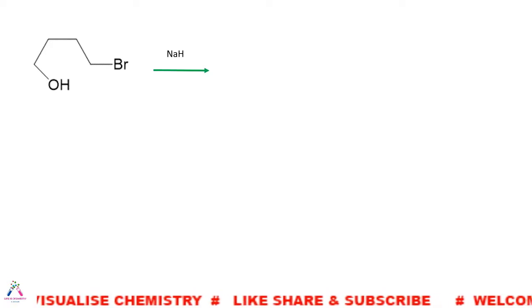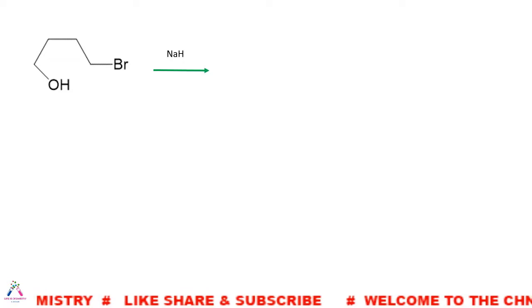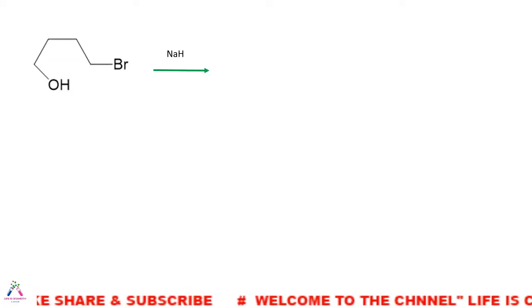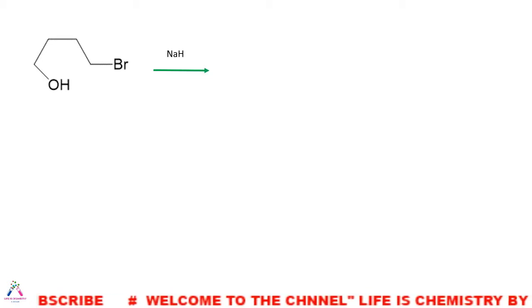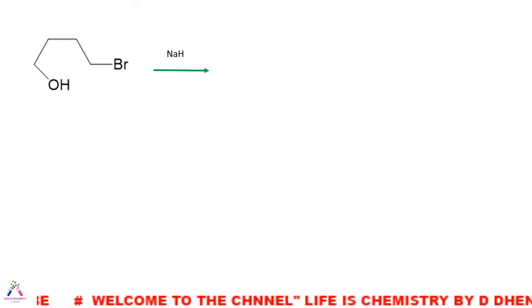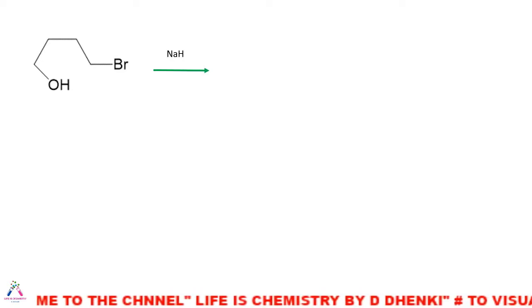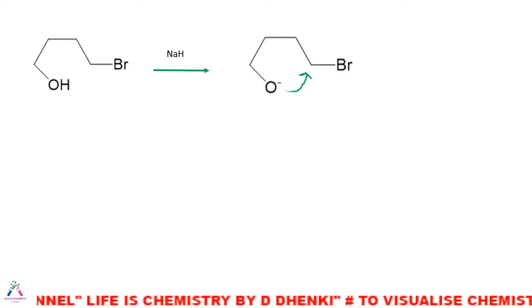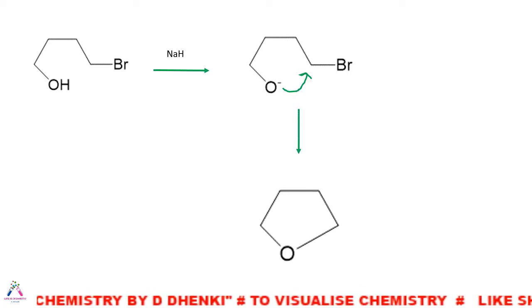If the alcohol group and the leaving group are present in the same molecule, then the Williamson ether synthesis proceeds intramolecularly, and it will produce a cyclic ether. Here the OH group and the bromide group are in the same compound. When it is treated with sodium hydride, it will form an anion, and this anion reacts intramolecularly to form a cyclic ether, which is nothing but